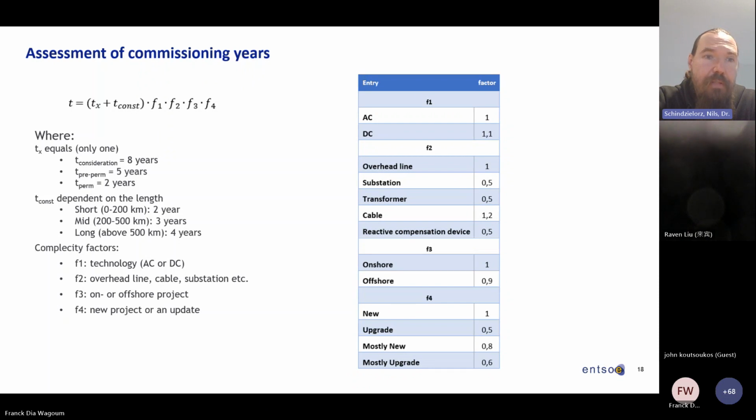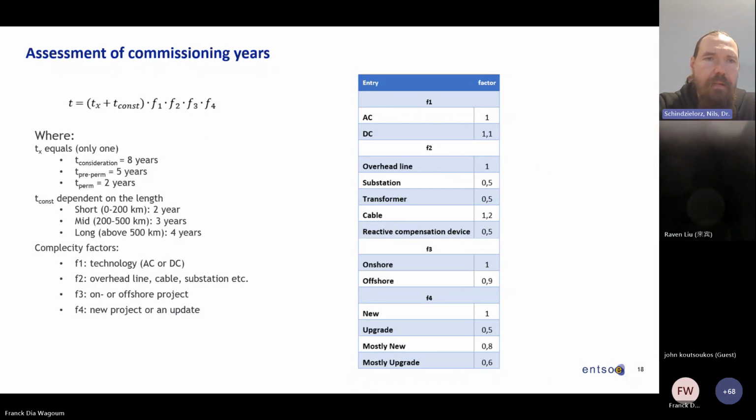Because for this time assumption, we assume that the project is already in the permitting phase. And as we say that the permitting phase takes about 5 years in general, and if it's in this permitting phase already, we say in the mean value, it's kind of the half of it, so it's about 2 years. And this is then what is in the formula in the brackets, and we are adjusting these constant values by applying some factors, which